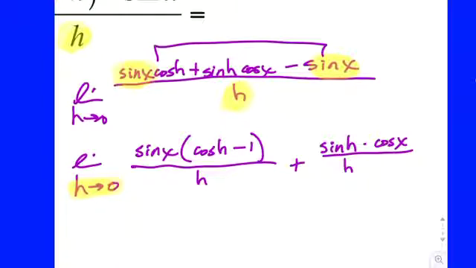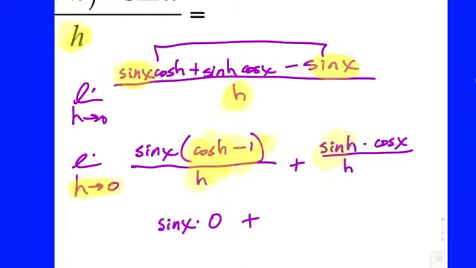Yeah, h is going to 0. So what do I know about this factor group right here? That goes to 0, right? We memorized that. So sine of x is a constant, remember? So we got sine of x times 0,